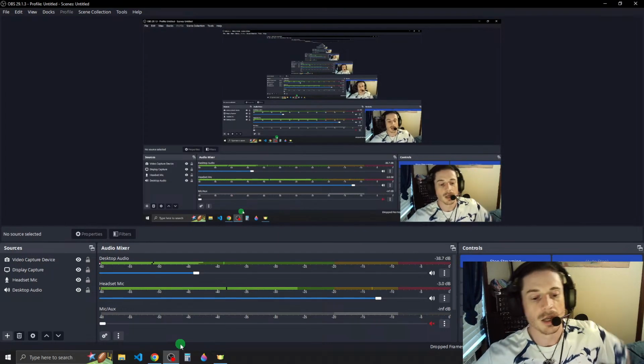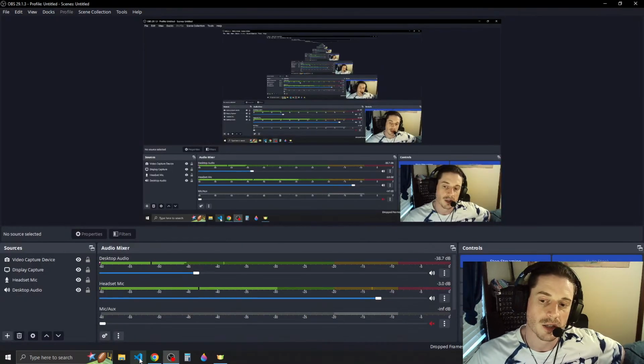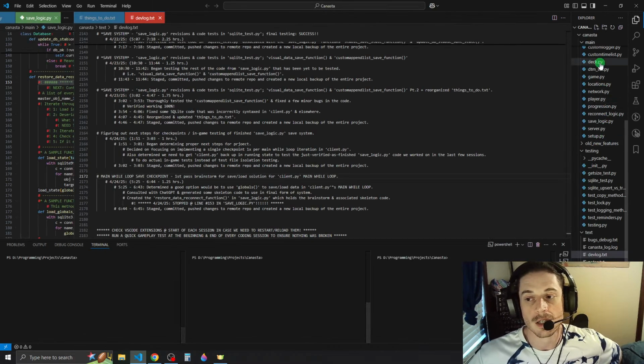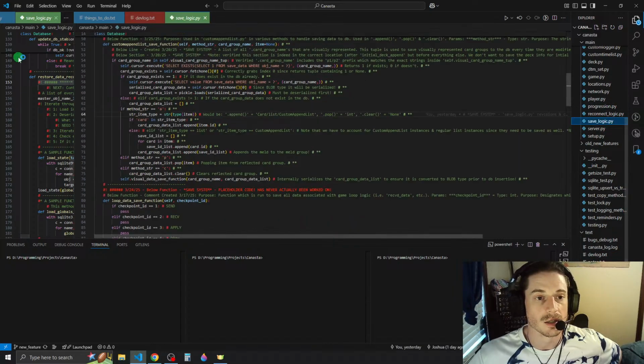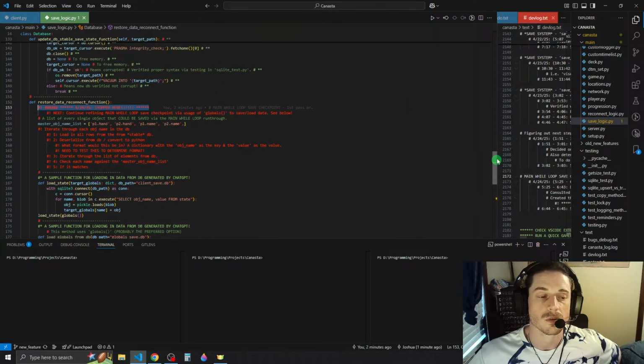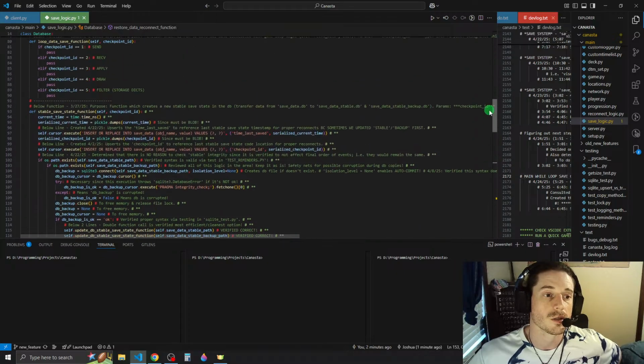So does that mean we don't even need the custom append list functions and stuff? Maybe. I don't know. I hate to say it, but we might not even need this function that we made. We do need stable save state.